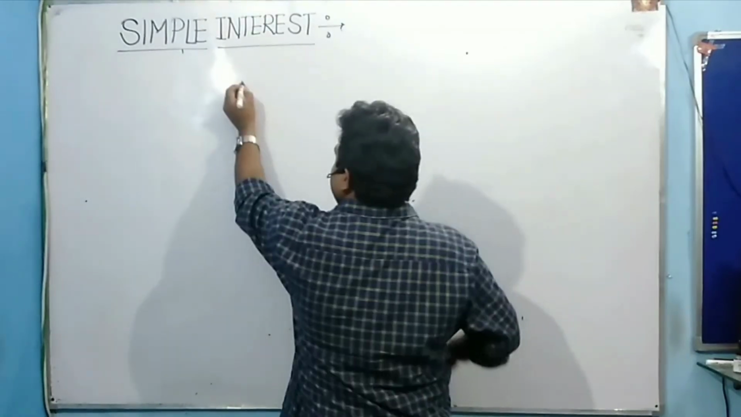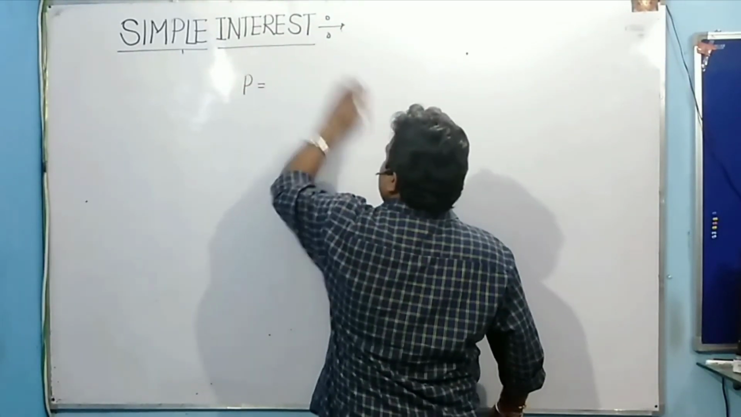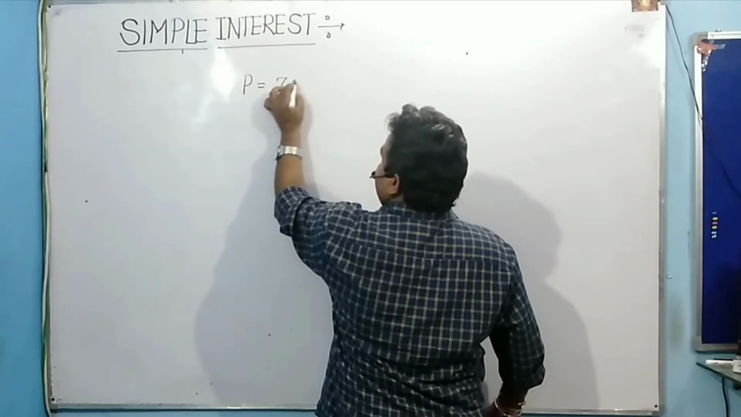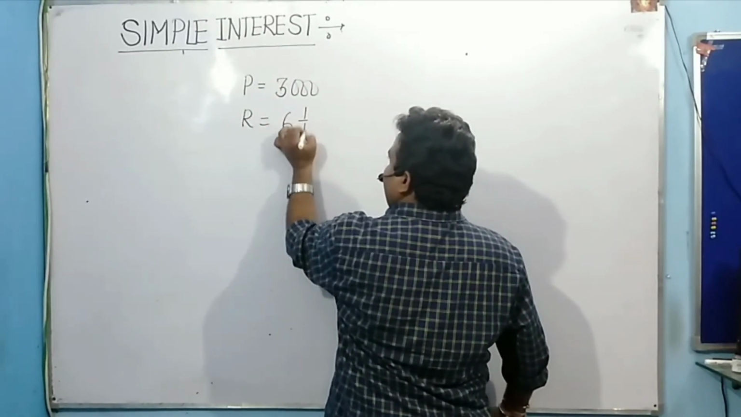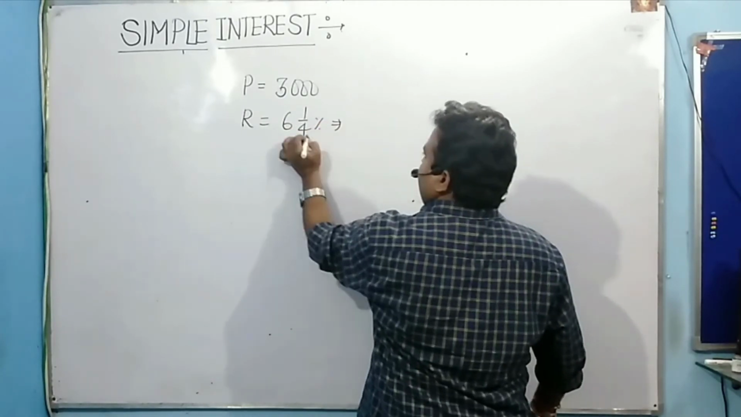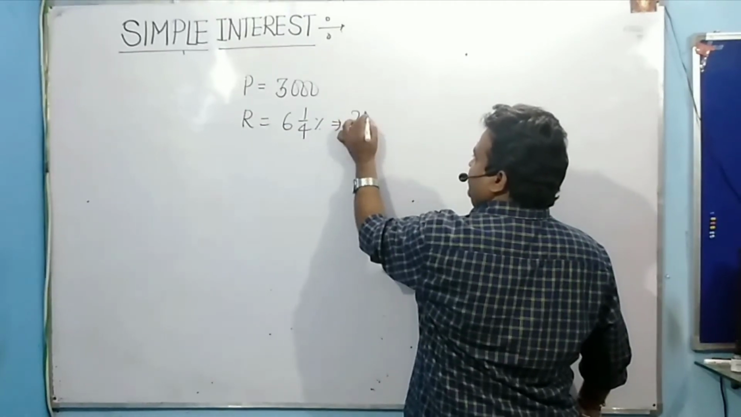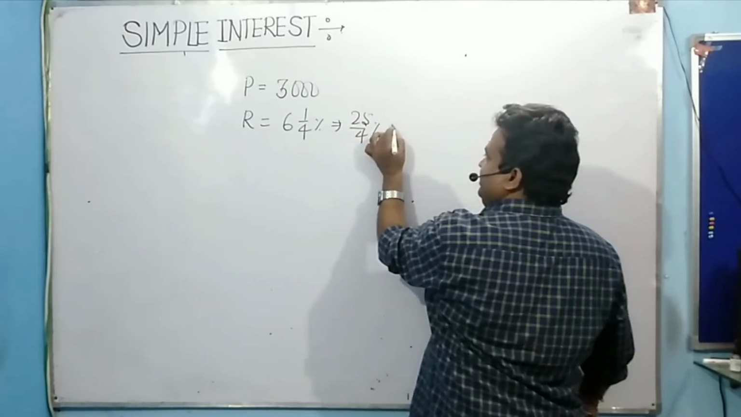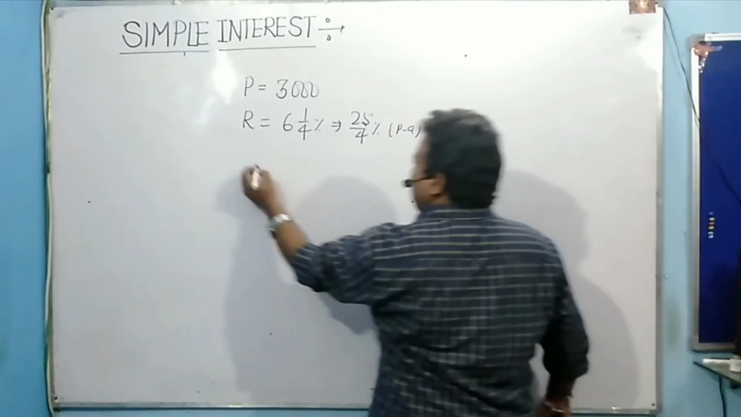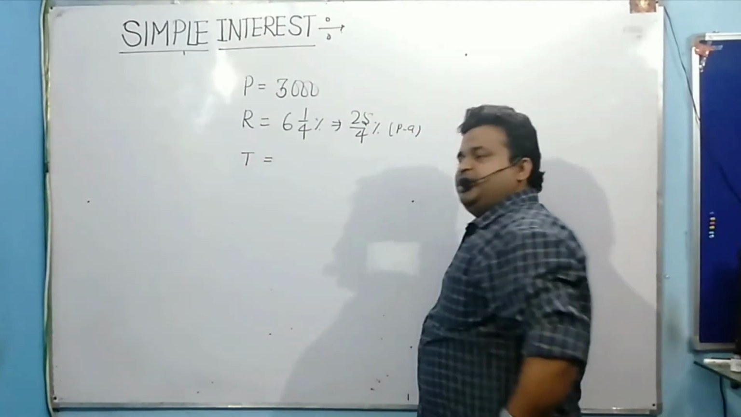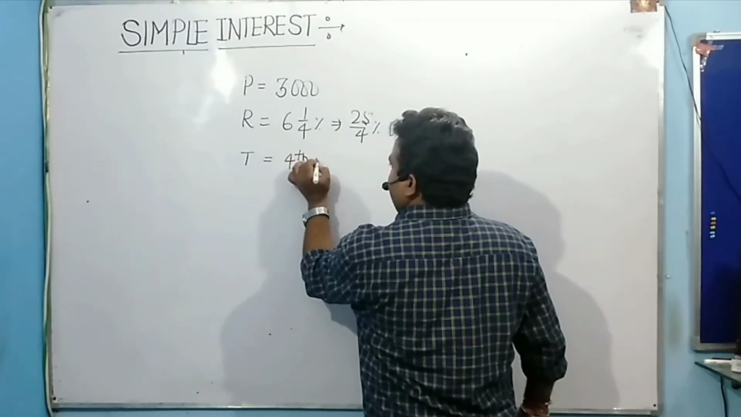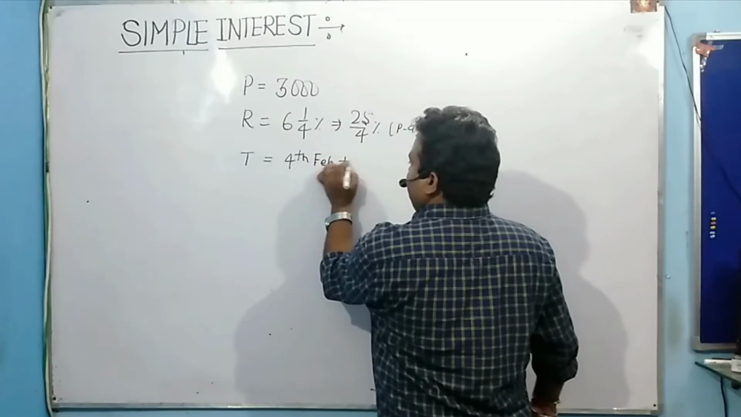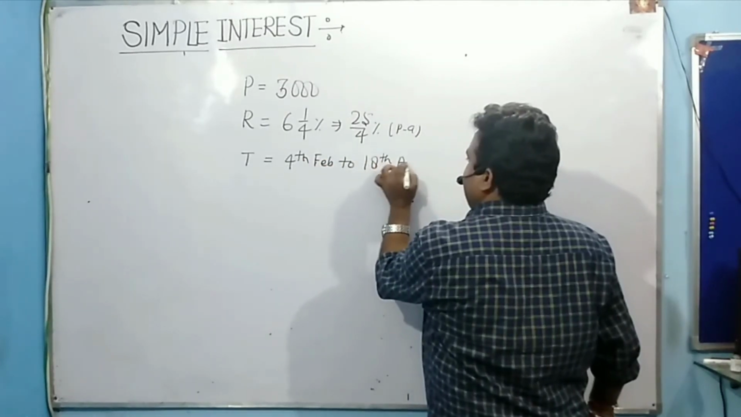Our principal is given to you. The principal is 3,000. What is the rate of interest? 6 and 1/4%. That is equal to 6 plus 1/4, that is 25 by 4%. Interest rate per annum is given to you, but time is given in the form of date. 4th Feb to 18th April